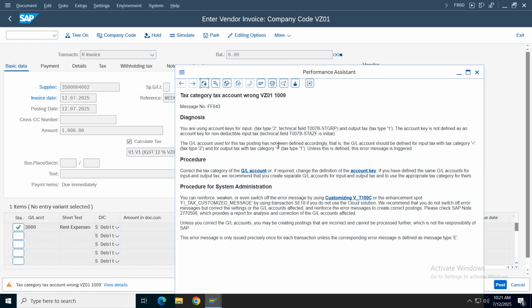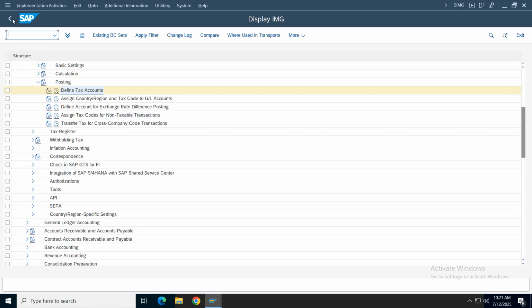The GL account used for this tax posting has to be defined accordingly. It should be defined with the tax category. So basically, the GL accounts should be selected with respect to tax categories. So what we'll do, we'll change. This is your first message. Go back to one more transaction, new window,